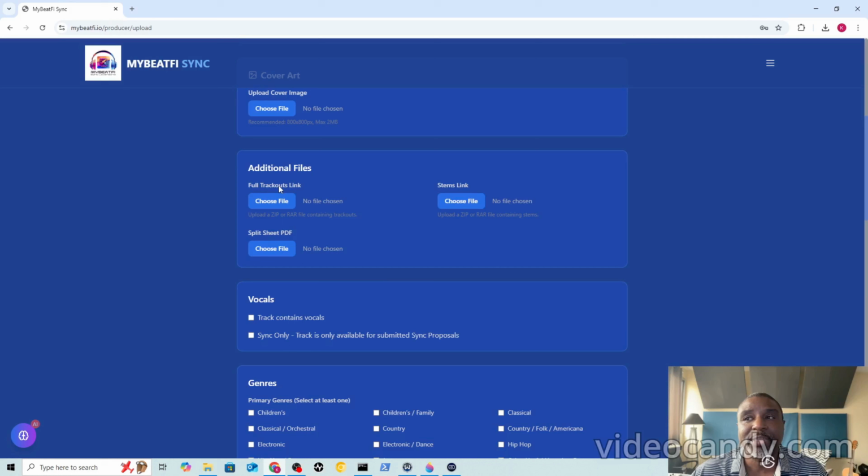If you have track outs, you should be putting them into a zip or some type of compressed RAR file. And you upload this here. So that's your track for track, right? Every vocal, every drum, every synth, every piano is on a different channel. Every horn is on a different channel. You've got trumpets on one, you've got your trombone on another. You've got all of the track outs so that